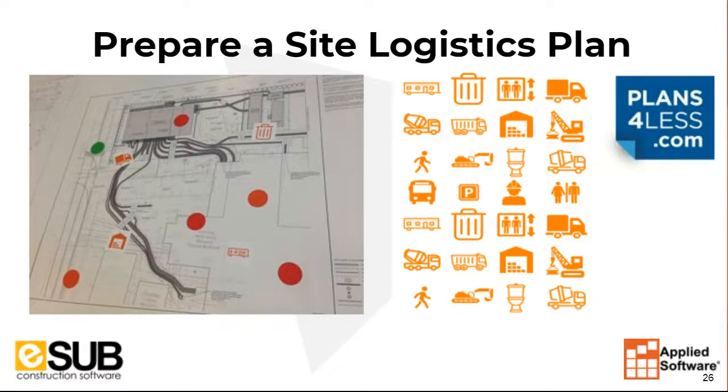Yeah, I mean, this is absolutely critical. For the same reasons that it is for having that logistics plan on site, it's self-evident why you should have one for just your in-house shop. And there's a couple of things. Number one, it's going to allow just the least amount of touches as possible. Number two, it's going to make sure that the movement is efficient, right? But then three, it's really going to let you evaluate that process of what's very common in the industry, especially in the start to get into the manufacturing world, which is where a lot of